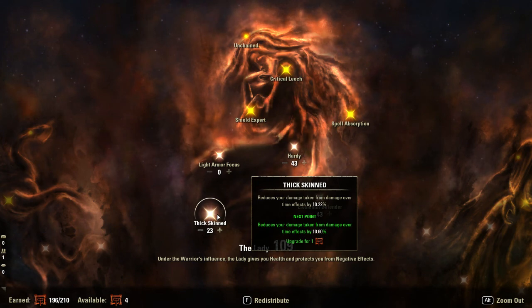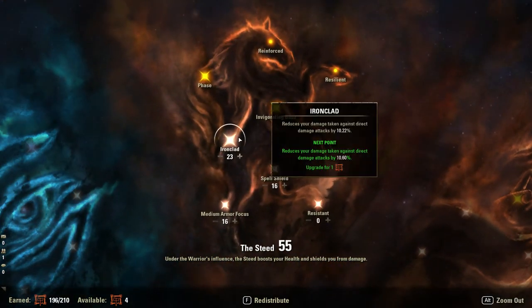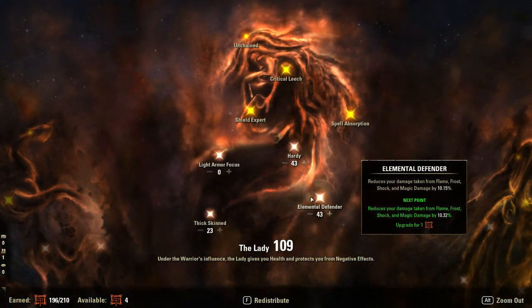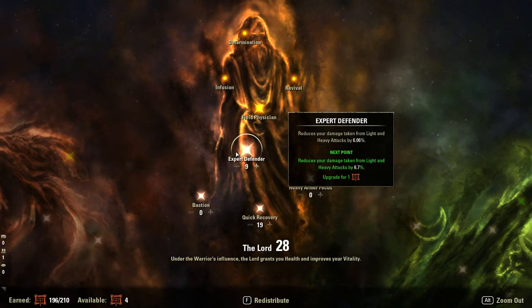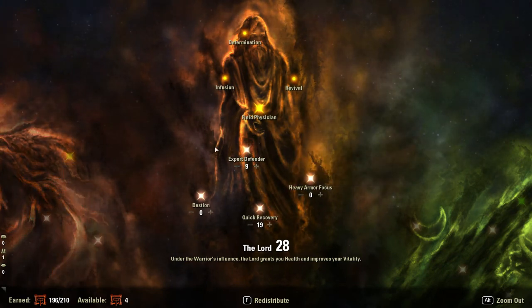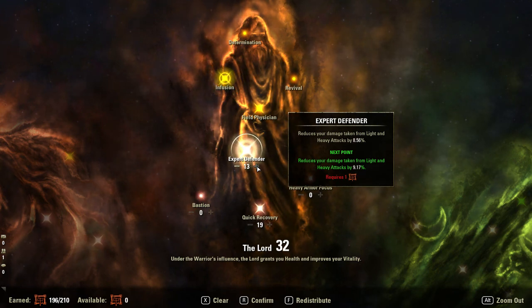23 into Thick Skin, reducing the damage you take from damage over time. Now, these two, direct damage, stacks with these two. This stacks with these two. And this also stacks with those two. So, if you have your Elemental Expert and you have it up, I think it's 16 points. Yeah, 16 points. It'll give you 10% also. This is the only area where I'm not saving points. But it'll give you 16